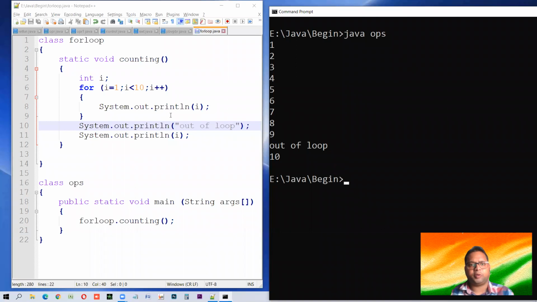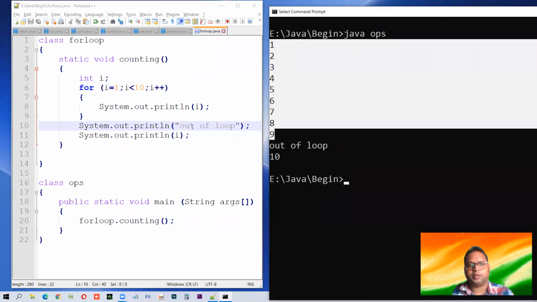Now you could understand it properly. From here to here, it is under the loop. Once it came out, the statement was executed, and then the value of I, which is 10. So this is how the simplest version of a loop is working.